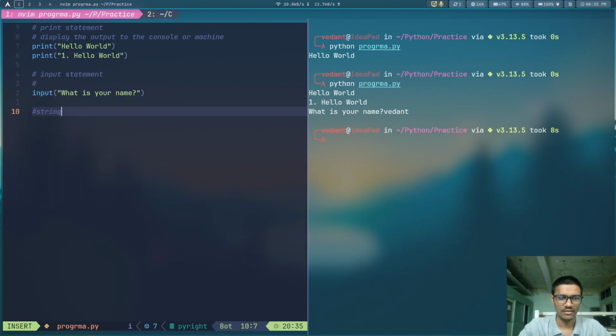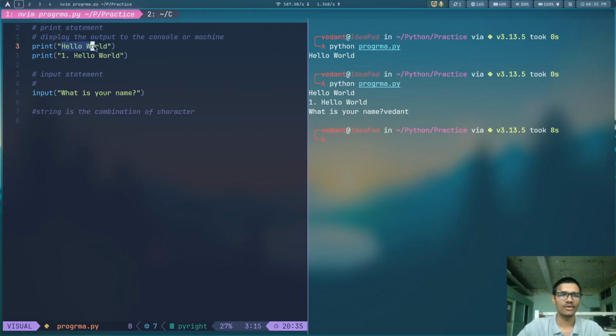Characters means just like A, B, C, D. If you combine those, whatever word forms, that word is known as a string.